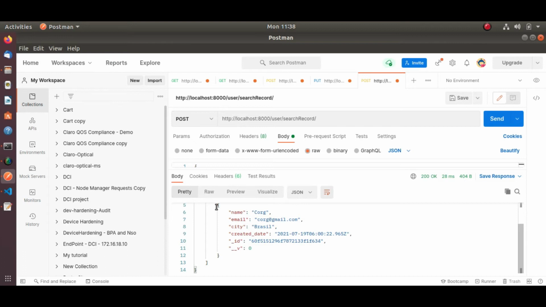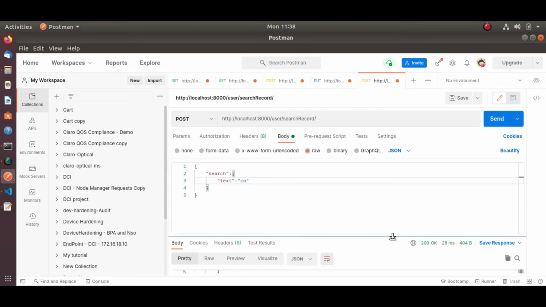The second result starts with C, but the second character is U, so that did not come. In this way we can implement the search functionality. Now I have shown you two kinds of search: one is exact match, another is text search. Many interviewers ask this question: how we can implement the text search functionality.